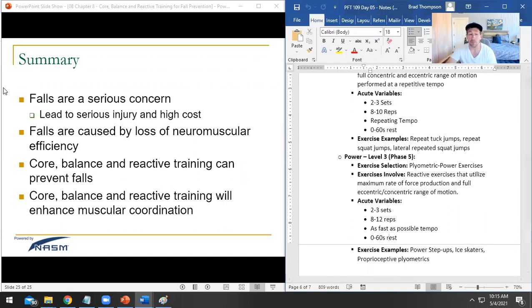So summarizing everything up, falls are obviously a very big concern for everybody. They lead to serious injury. They're very expensive, right? So very, very common. Core training is going to be your first line of defense. Then if your client can handle it, go into some balance training. And then if they can really handle it, there's nothing wrong with doing reactive training as long as it is